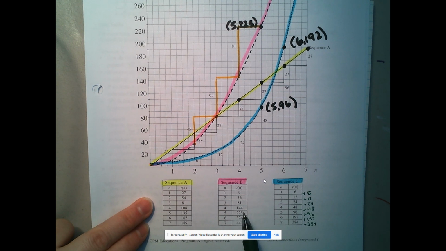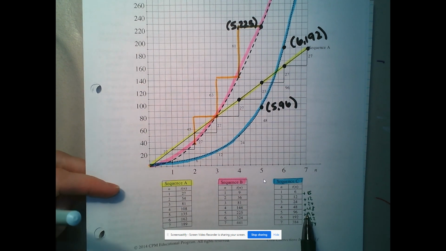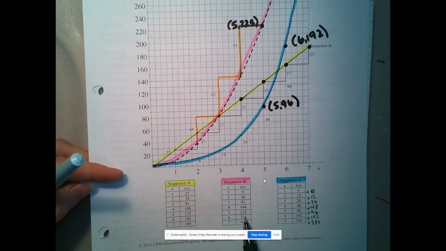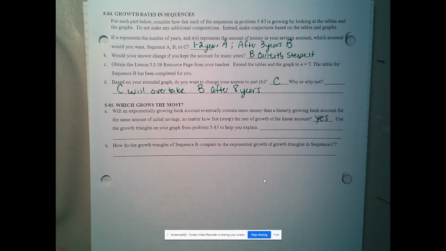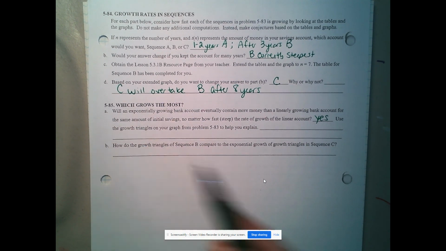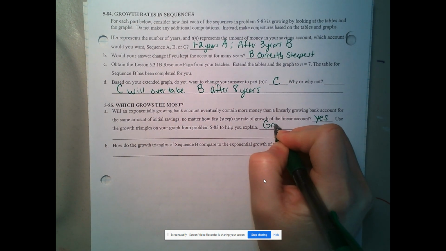So growing by a multiple versus doubling is going to be slower. Sequence B is actually going to end up slower because it's growing by a multiple, whereas sequence C is going to grow faster because it is doubling. So the growth, I'm not sure where to put my answer. Use the growth triangles. Okay, so growth